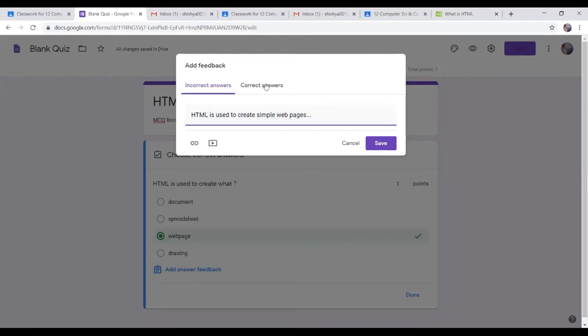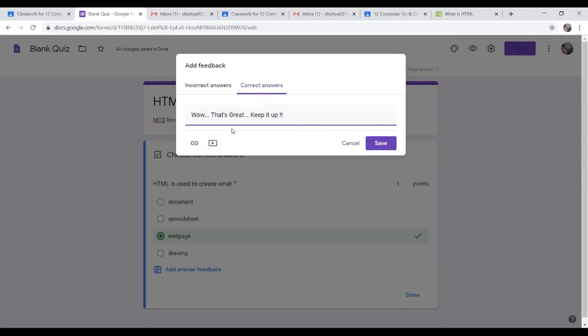And if the answer is correct, we will say, wow, that's great. Keep it up. So this is something which students will love if their answer is correct, and if the answer is wrong, they can understand why the answer is wrong. For both the incorrect answer response and the correct answer response, you have these two options: one is a link and one is again a YouTube video.